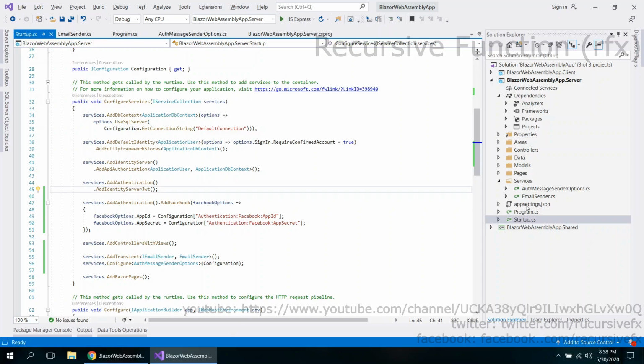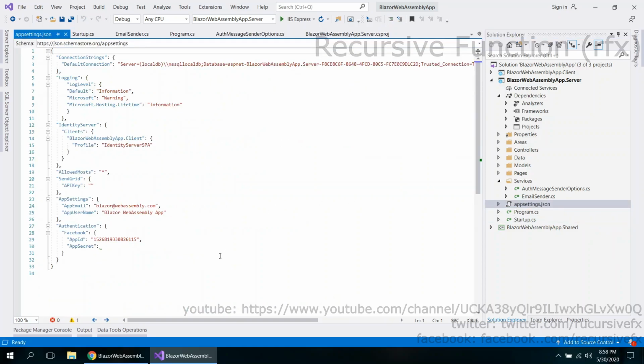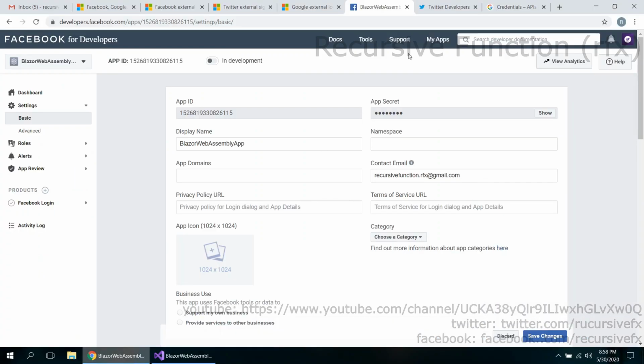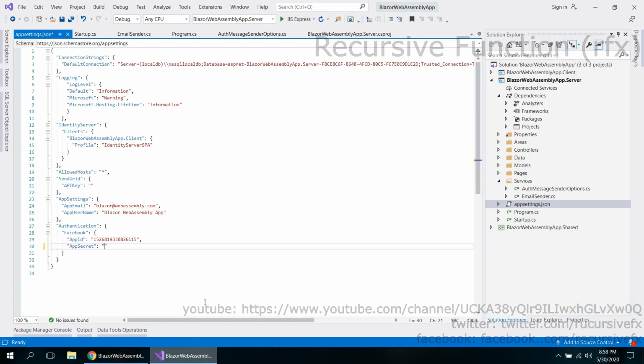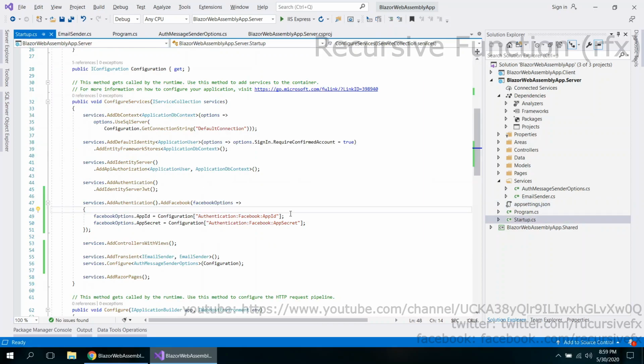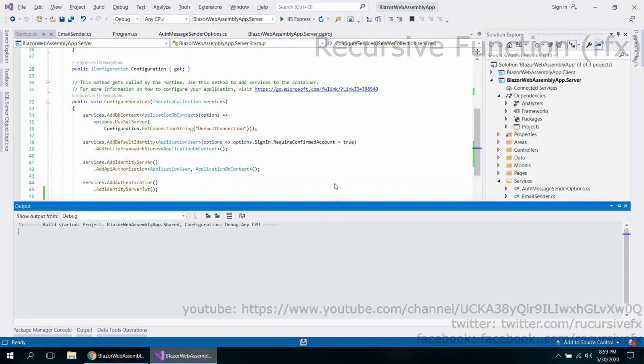Let's just review our appsettings.json file first and make sure we have set this up correctly. And don't forget to put in the app secret from the app that we have created in Facebook, this one. You have to copy this and put it in your appsettings.json file as well. So I'm gonna go ahead and set this up. Alright, I just completed the setup of the appsettings.json file,